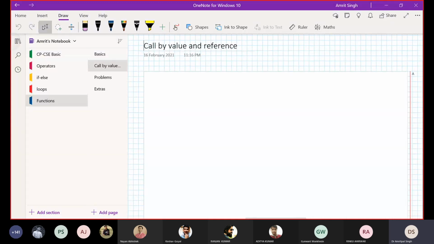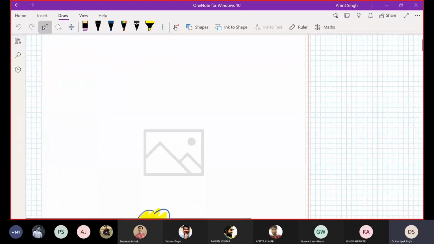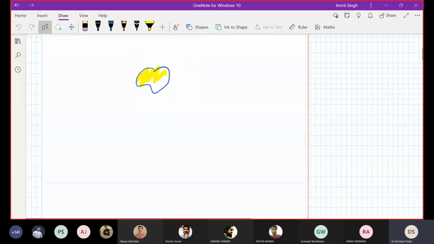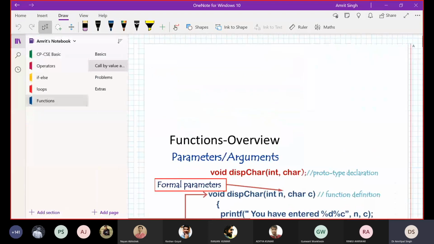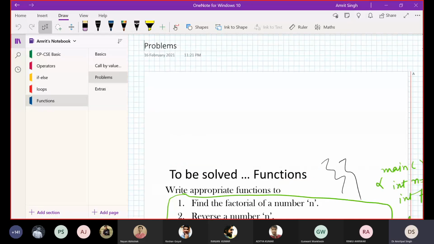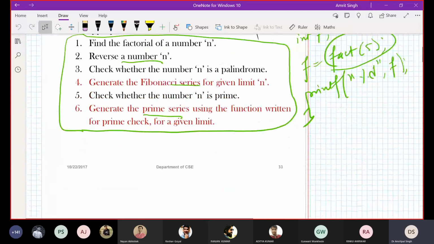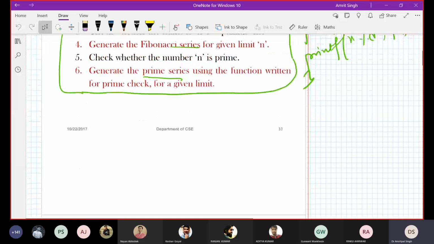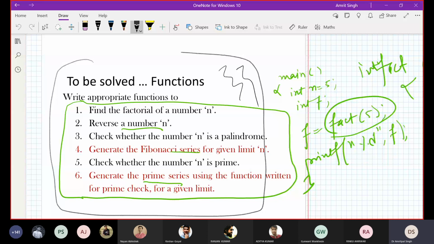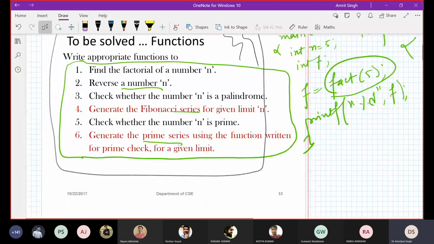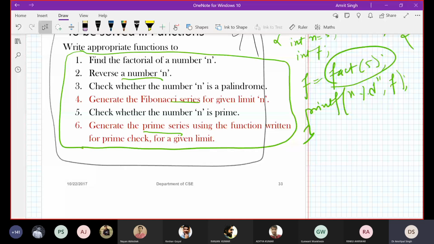Tomorrow we are going to cover a very important topic, which I think some of you are already familiar with: call by value and call by reference. We will see this. Then we have some exercises for functions, where you need to write the code in functions. You need to create your functions, not directly write the code.